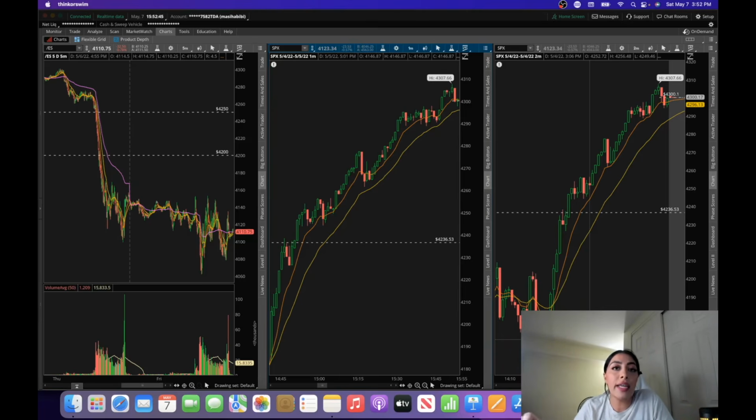The 9 EMA is a solid level or indicator to use as a stop loss also on SPX if you are day trading it, okay? I wouldn't necessarily use it if you're just scalping and you're entering and exiting, entering and exiting. However, if you're day trading SPX, the 9 EMA is a great way to watch the overall trend of SPX. That being said, please don't watch SPX